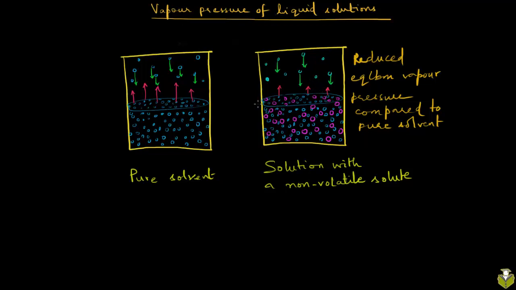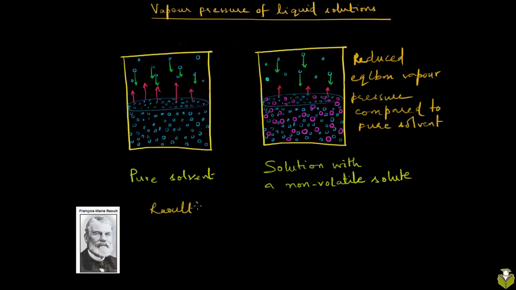So if you were to, let's say, double the amount of sugar dissolved in a given volume of water, you can imagine that there will be twice the decrease in vapor pressure of the solvent. The first scientist that actually came up with a quantitative relationship to describe this phenomenon was a French chemist by the name of Francois Marie Raoult. And he came up with this law called Raoult's law.